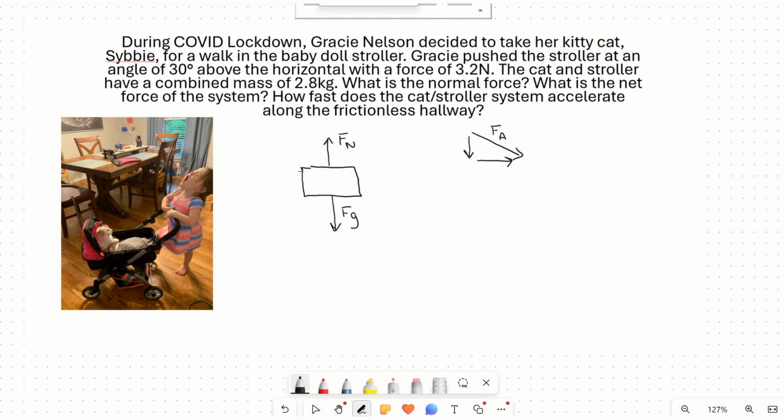I'm going to draw an x component, which I'll call force applied in the x. And then I'm also going to draw the downward component as force applied in the y. Now I haven't assigned values to any of these,